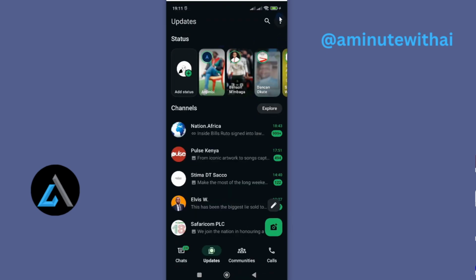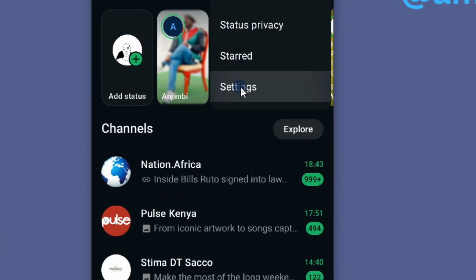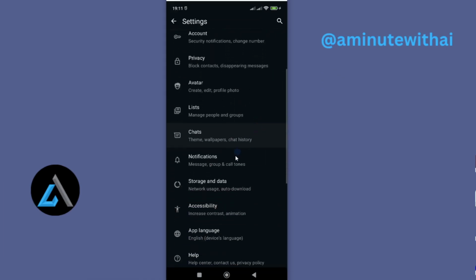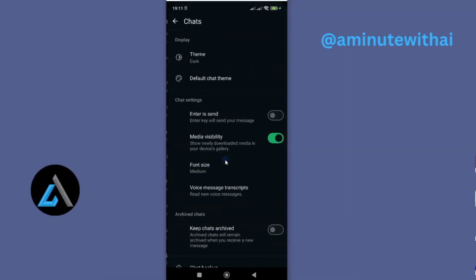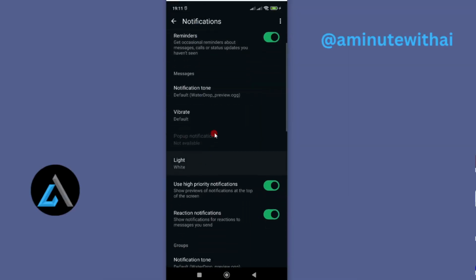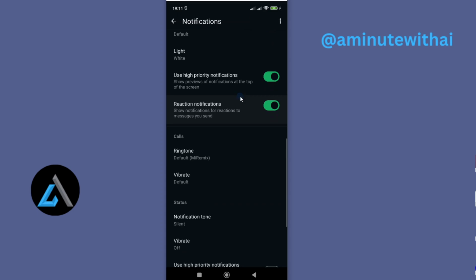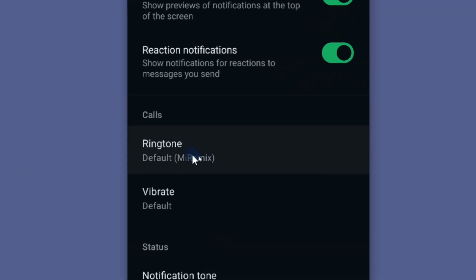Alright, so the first thing you need to do is to go to your WhatsApp and then tap on these ellipses here to go to settings. So I'll choose settings. Then under settings, go to notifications. And then under notifications, scroll down until you see calls, and here is calls, and you can see the current